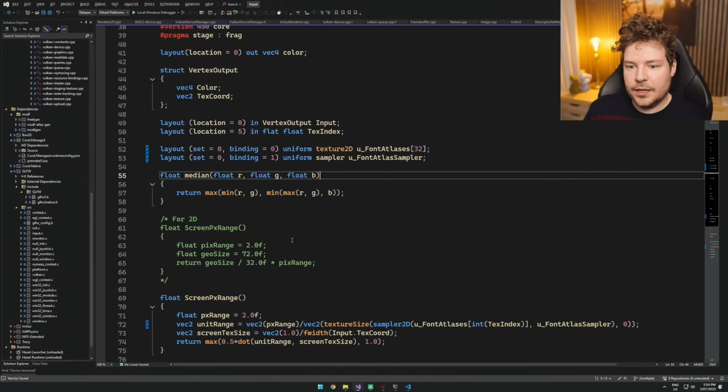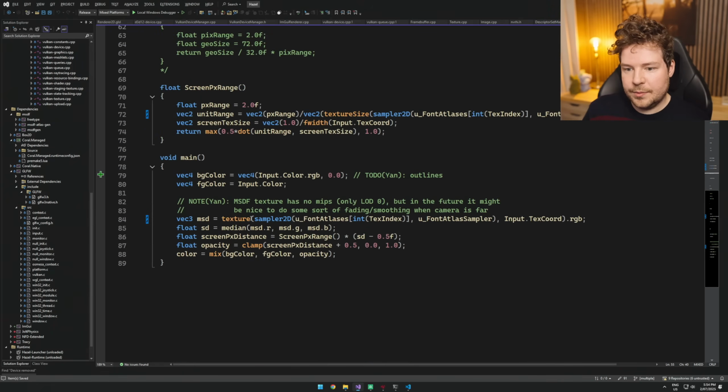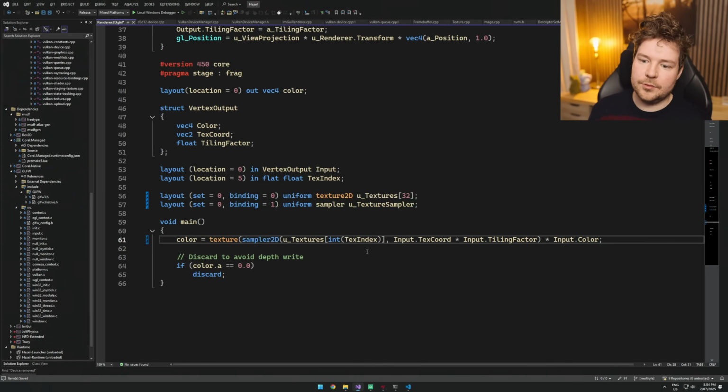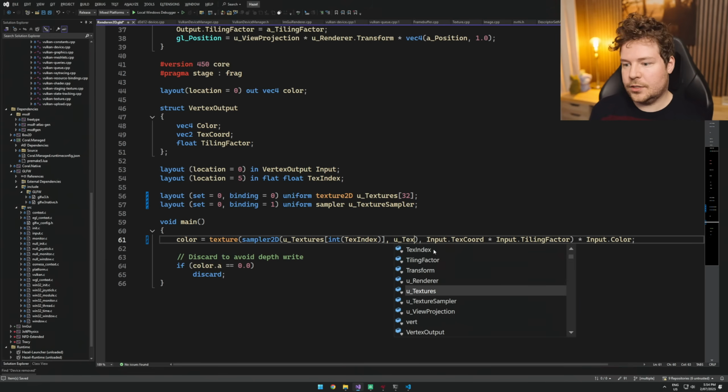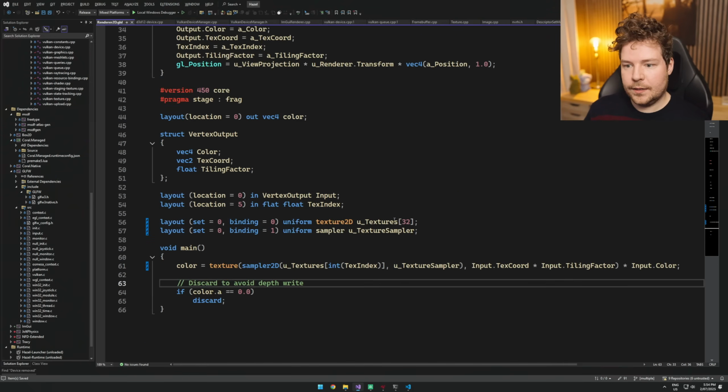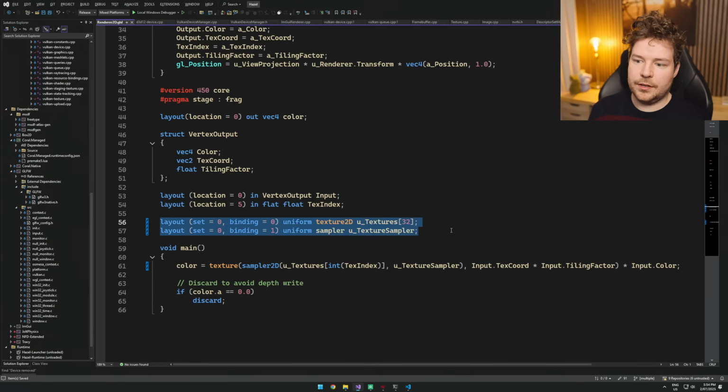And then when we actually do the sample, we use the texture function like we do, but we create a sampler object out of it. So we create a sampler 2D from that specific texture and the texture sampler like that. And then we'd have to do the same thing for